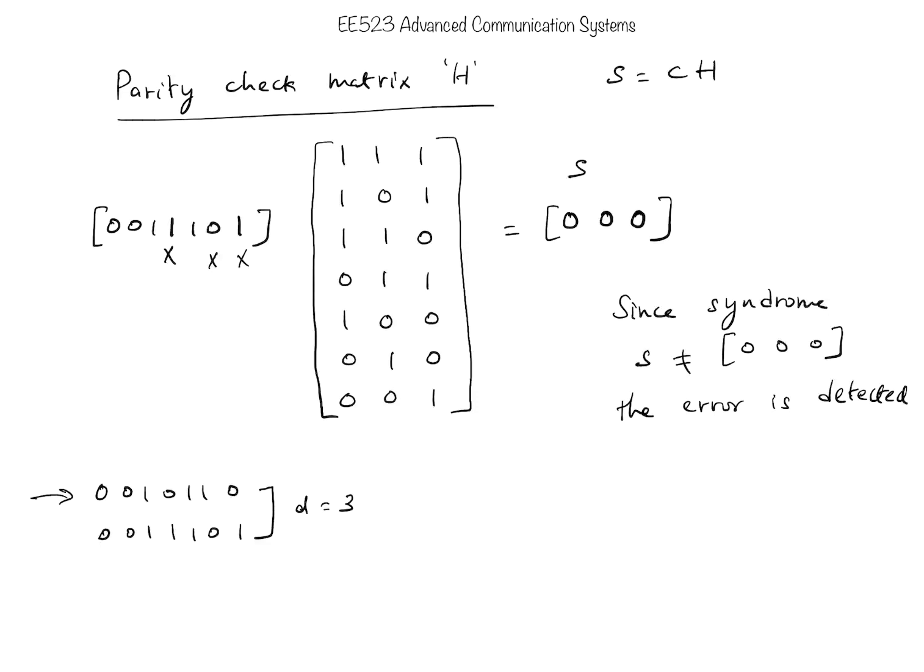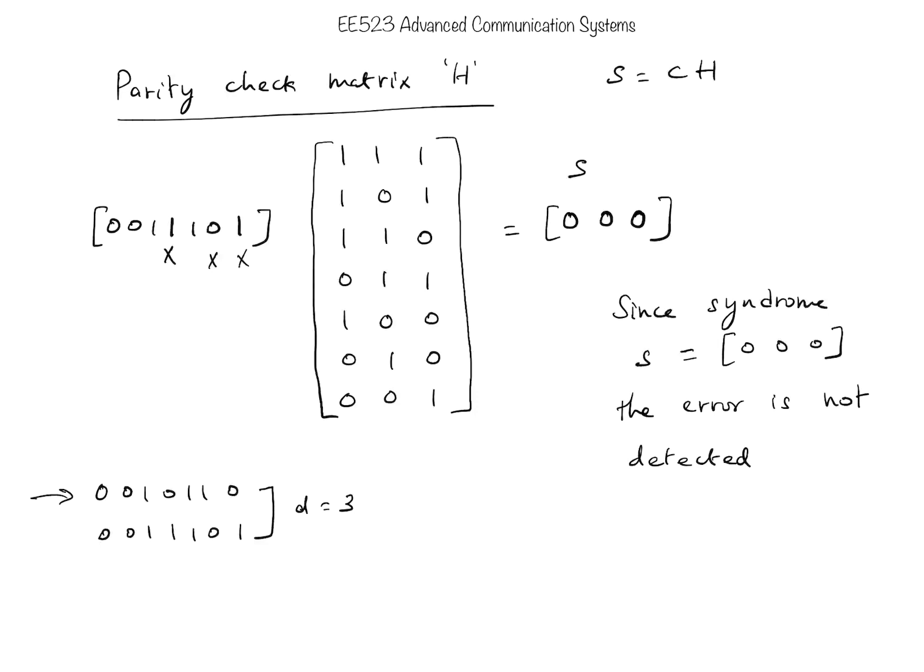Now clearly what is happening here is that the receiver, the decoder, gets a syndrome value equal to 0, 0, 0. So it thinks that there is no error at all, because the syndrome is 0, 0, 0. Since the syndrome is 0, 0, 0 in this particular case, the error is not detected. The decoder fails to detect the error. Why is it not detected? Because